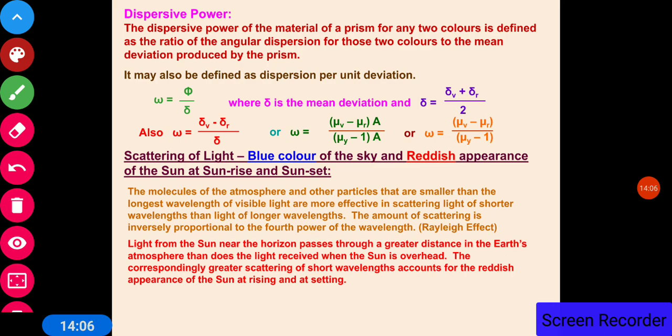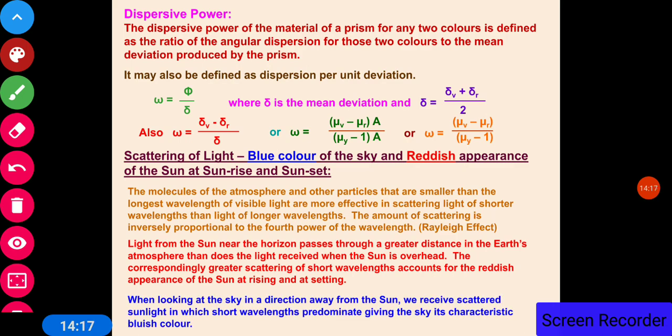But when we look above at the sky, we are receiving the scattered light. So blue is scattered most, so the sky appears blue. When looking at the sky in the direction away from the sun, we receive scattered sunlight in which short wavelength, that is violet, predominates, giving the sky its